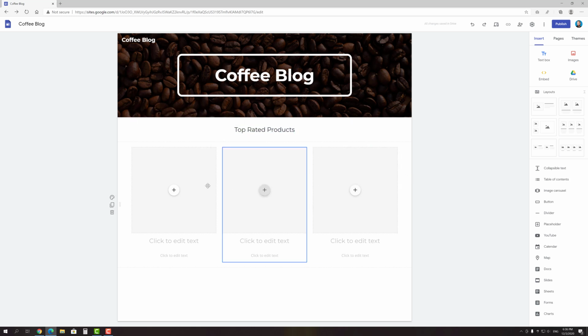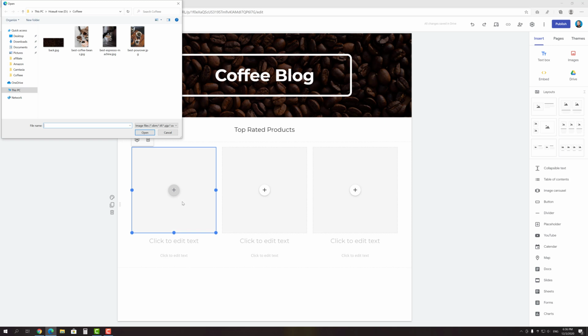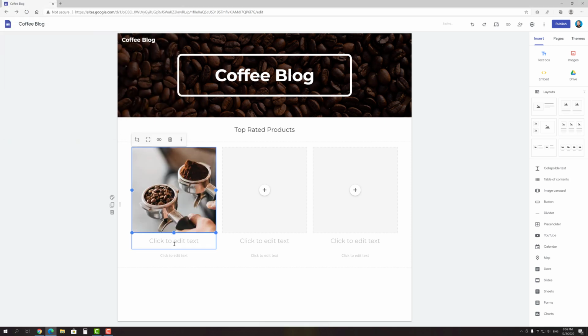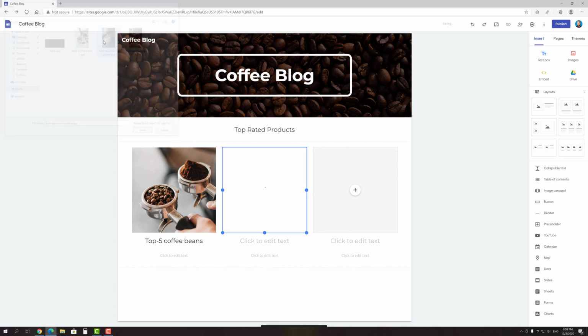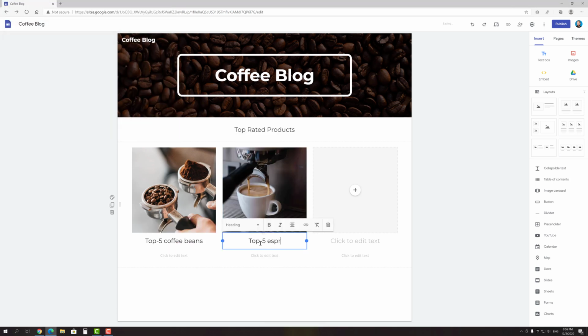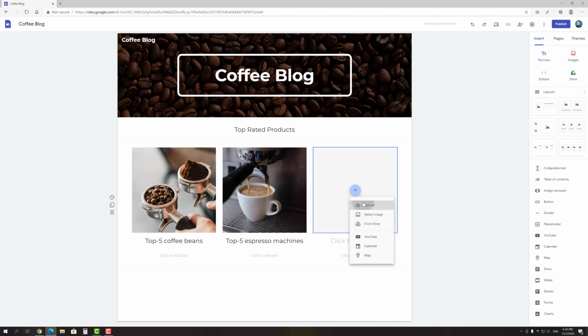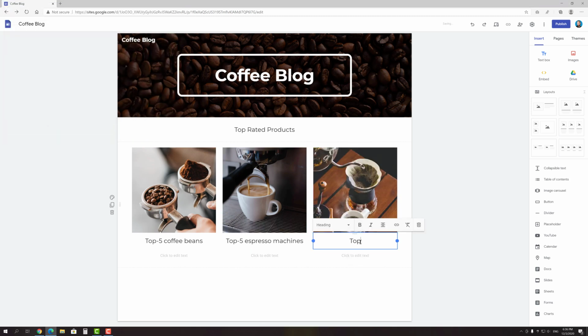Now it's time to add some images. I already have ones, so I'm going to upload them and name the links. As for you, you can find a lot of free and high quality images on specialized photo stocks like Unsplash.com. I don't need the signatures, so I'm deleting them by clicking the trash can icon that appears.